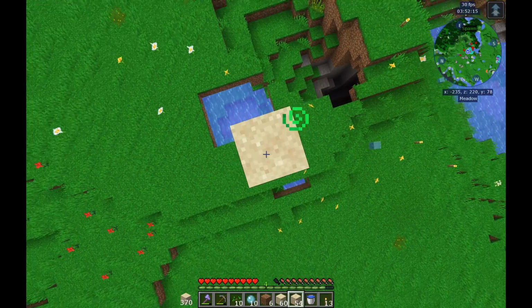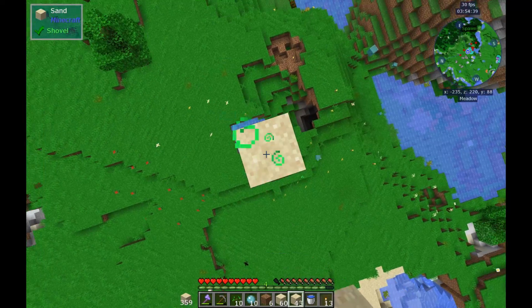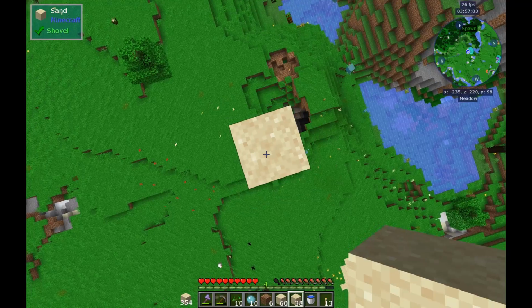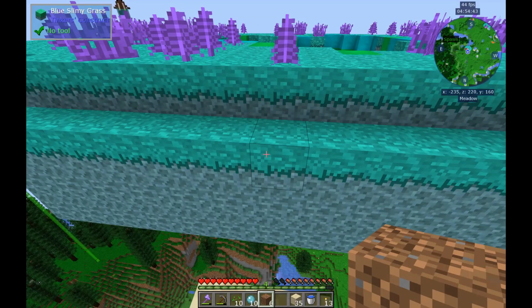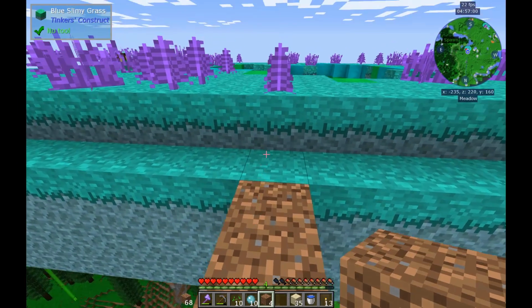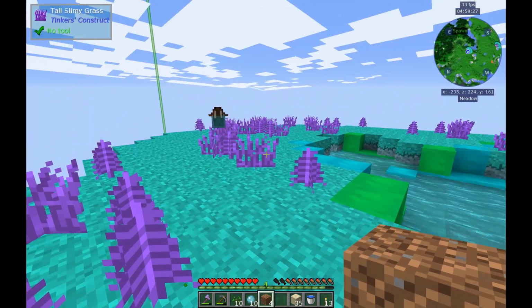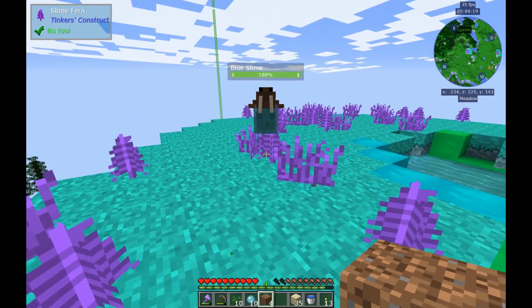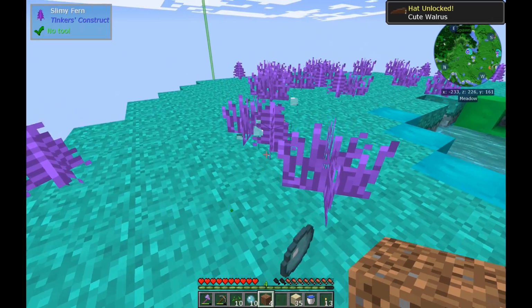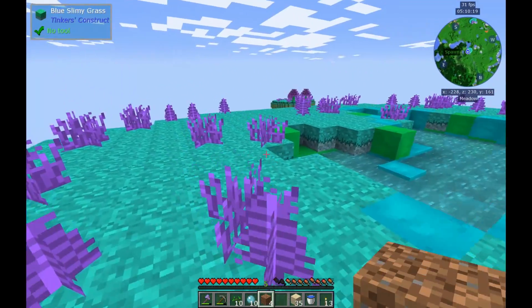Okay, to get up there, I'm just pillaring with sand, and to make pillaring a bit easier, I ate some slime balls, which give me jump boost. Okay, I made it up to the slime island, and it doesn't seem to have what I was looking for, which is those slime trees, but I'm still gonna build a wall around it so that the slimes don't jump